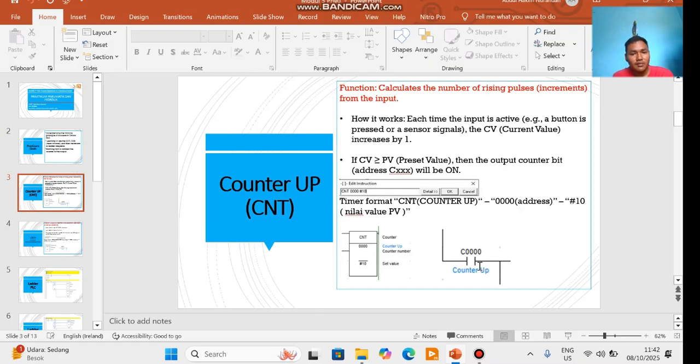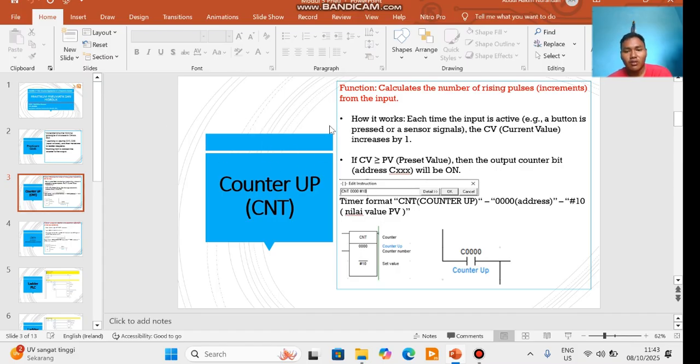Next slide. This is the counter up, or CNT, initial. What is counter up? Counter up is a function that calculates the number of rising pulses from the input.